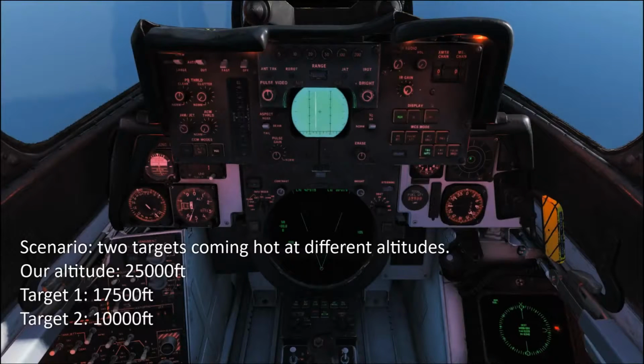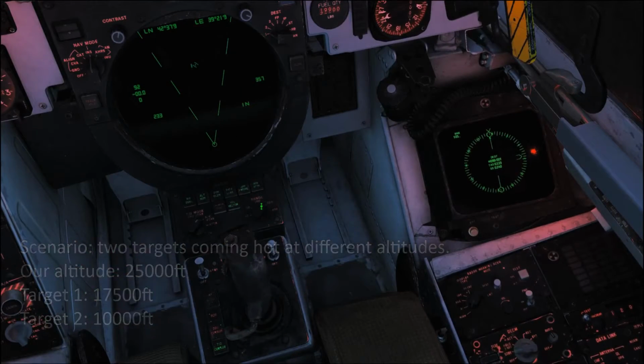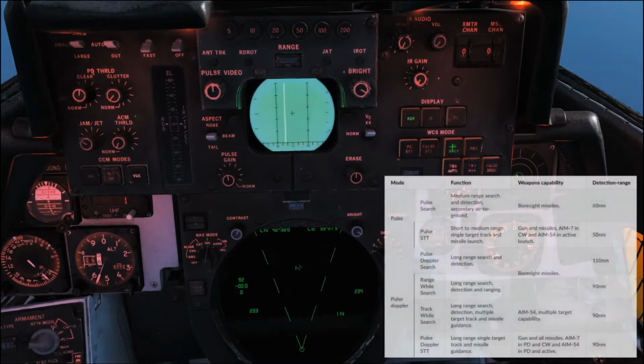Let's now do something a bit more practical. Let's adjust the range. This is the waypoint, this is our current heading, although the active pause is on. Let's start playing with the radar. So, pulse search, range while search, TWS scan. We're going to see these three